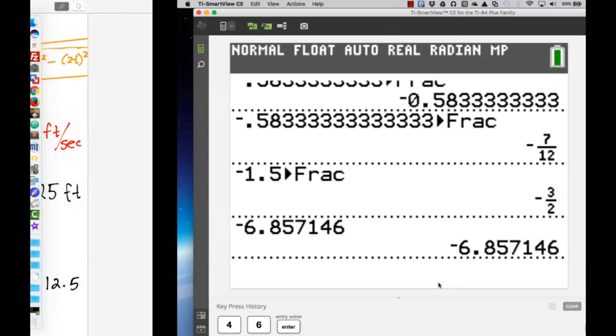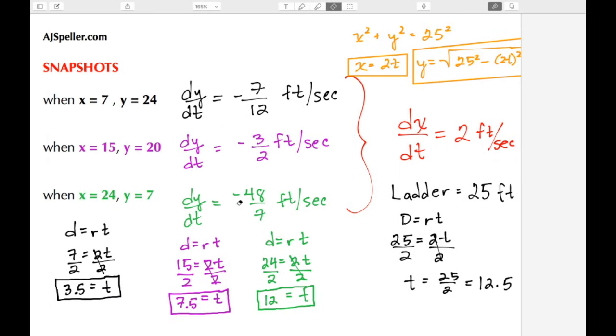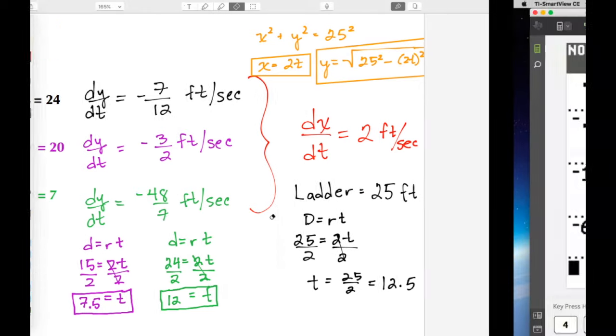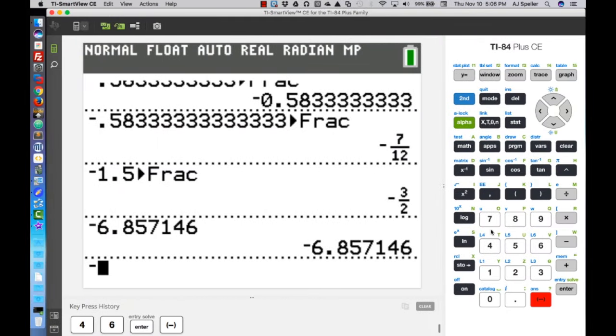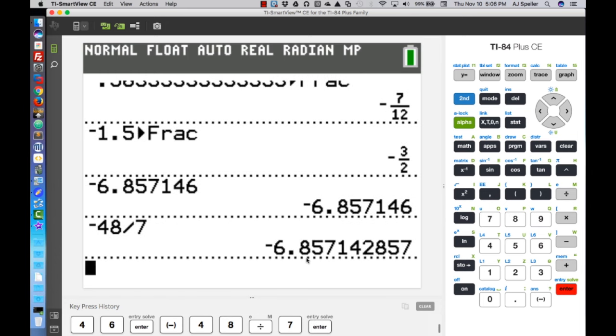And what I want to do is go back now and just do the division, which is negative 48 divided by 7. So here we're going to show negative 48 divided by 7, and we should see the decimal equivalent. And we see that the decimal equivalent is approximately the same. Again, there were some digits lost during the calculation, but this here is close enough, to 1, 2, 3, 4, 5 digits after the decimal point in accuracy.